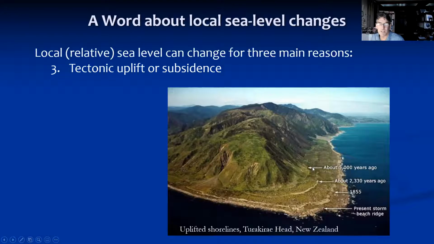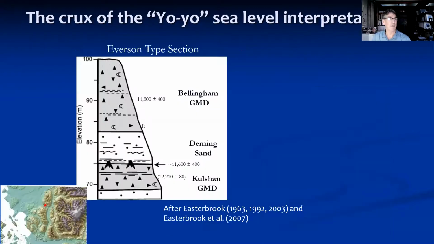And what it shows here is a series of old beach ridges, or beach cliffs in the case of the one back here, that recorded the level of sea level at this site at various times in the past: 5,000 years ago for the upper one, 2,300 years ago for the middle one, and about 1855 for the lower of those three. And each one of those represents a different earthquake uplifting that portion of the crust there. So you're seeing a gradual but steady uplift of things that were underwater and are now above sea level. Okay, so tectonic uplift and subsidence is another key issue to consider, and we do have that in the Puget Sound as well, locally.